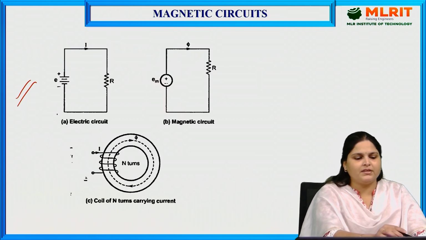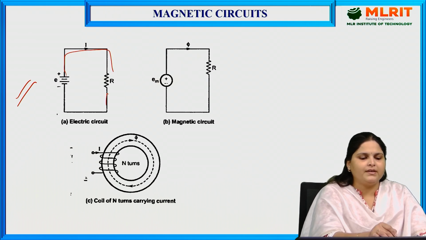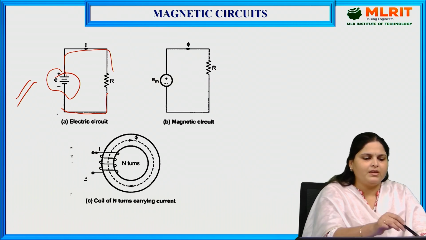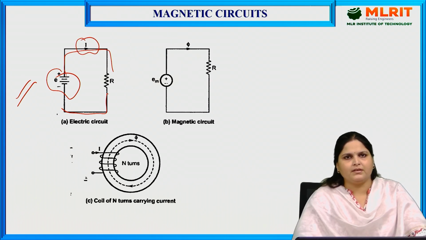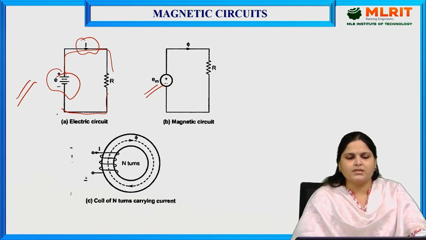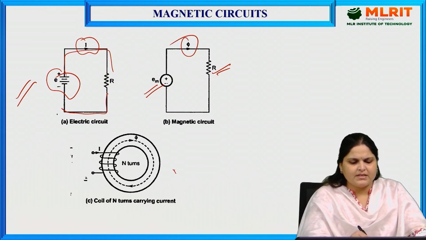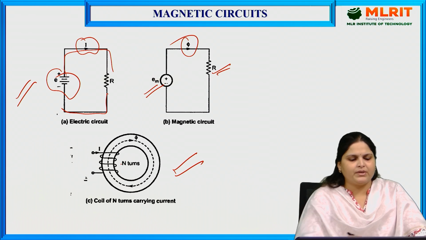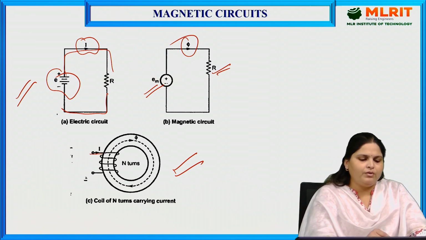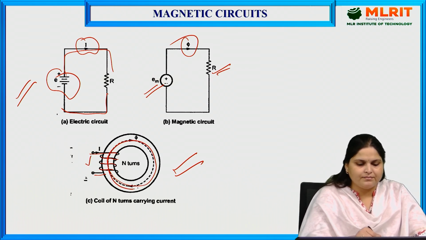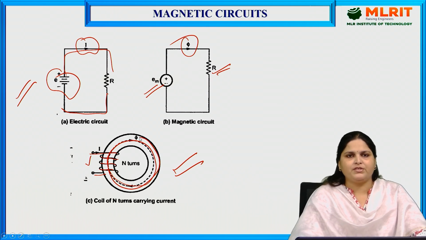If you want to see the diagrams, by this you can understand in a better way. This is the electric circuit. The first one, if you see, we have a conductor which has some resistance. This is the supply source, and due to this source, current flows through this circuit. If you compare this with the magnetic circuit, this is the source, this is the reluctance, and this is the flux. This is also a simple example of a magnetic circuit. You can see there is a closed path with a winding, or you can call it a conductor. Some supply is given and the current I is flowing, and in this path the flux is established, right?